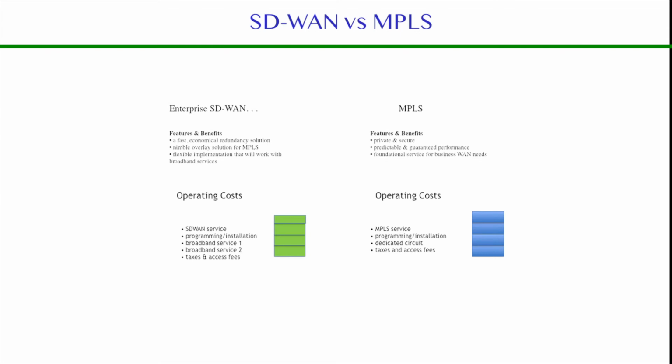Finally, when you look at operating costs, for those of you looking to pinch pennies, and I understand you're trying to keep costs down, looking at SD-WAN as a cost-saving venture may not necessarily reap the benefits that you're looking for, especially if you're looking for cost savings and performance. On a site-to-site comparison, you're probably not going to save money between an MPLS node and an SD-WAN node. Of course, I'm only skimming the surface here.